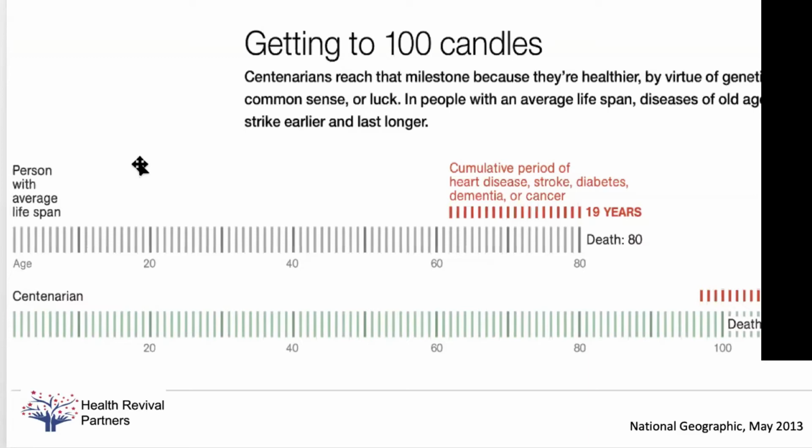In this study, National Geographic, May 2013, I think it was called "Getting to 100 Candles," I think I told you this in the Genesis of Health talk, but I'll say it again. In the context of genes, they went to many locations with centenarians looking for the genetic connection to longevity. And guess what they found? More importantly, guess what they didn't find? The genetic connection. They said lifestyle behaviors, this, that. And then they said 25% we attribute to luck. I love that statement. No skill, no scientific method, just luck. But the point is, when you read Paul Ewald's work,